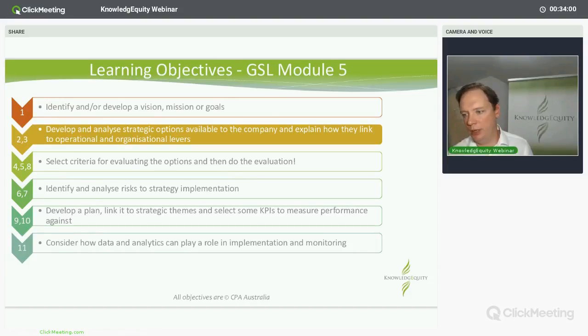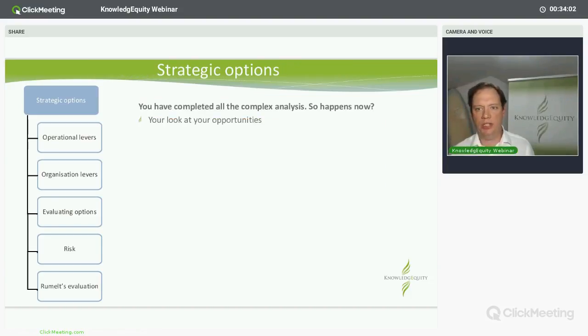Okay, this is the objective we're talking about. We've got to this point of all of this external analysis, internal analysis, then further analysis about, well, what could our products be? Is there a new market we might want to go into? So in Module 4, you've already started to explore strategic options. Module 5 is a bit more of summarizing them now, evaluating them, making a decision about which one.